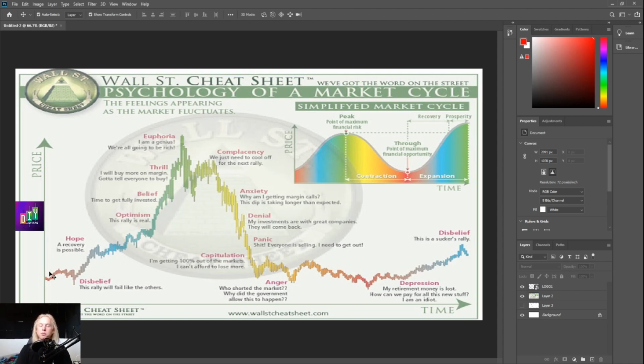Most people getting into this market want to FOMO into prices that are going up, when in actuality you want to have the patience to buy everybody else's fear. You want to buy their anger. You want to buy their depression. You want to buy all the negative feelings, because when they're fearful, scared, anxious, that's when you want to buy, because that represents the peak point of financial opportunity, which in my opinion we're basically at.